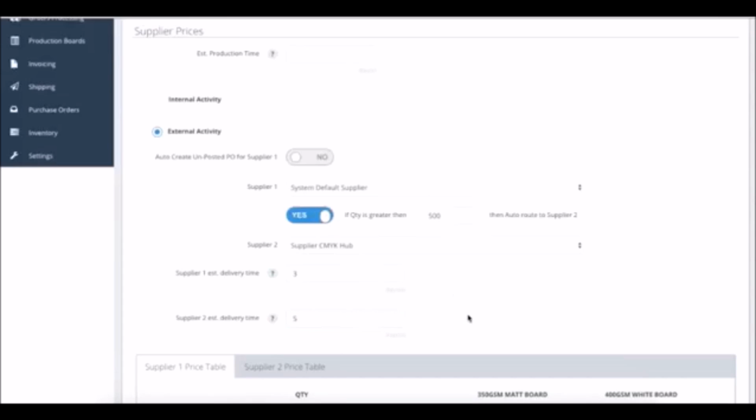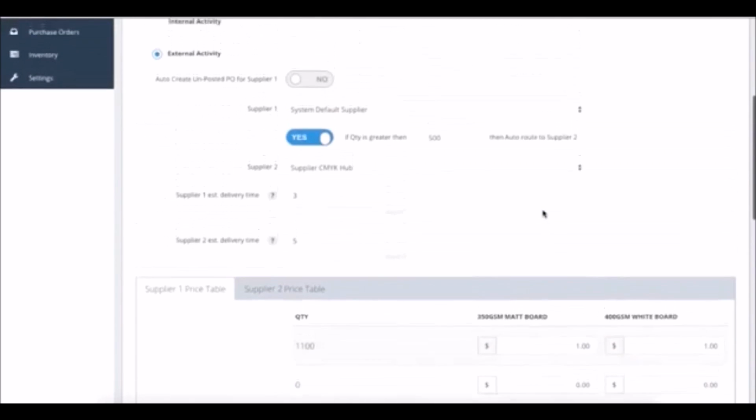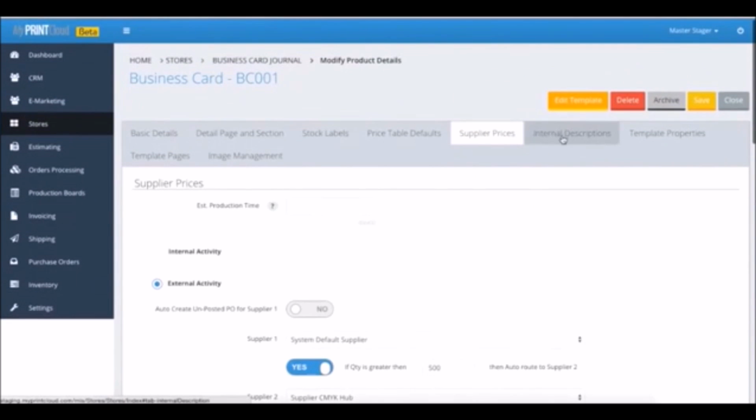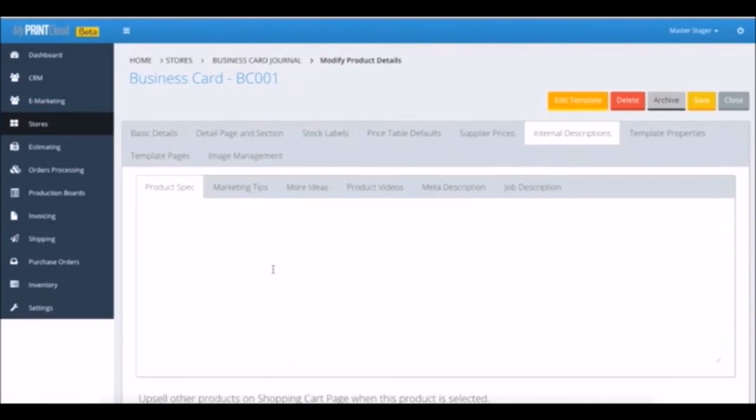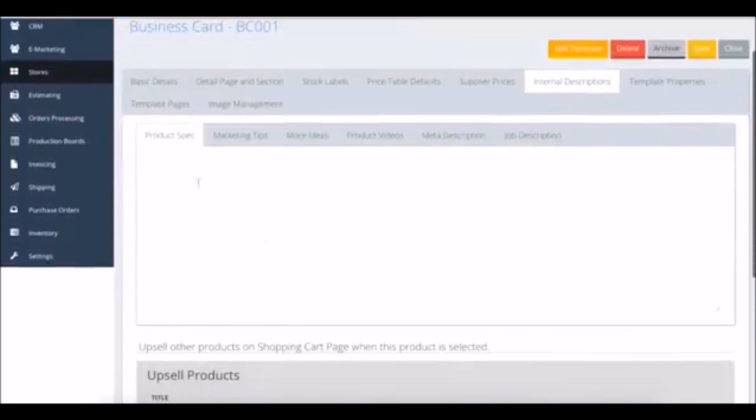Now you can use this activity as an internal activity. You can set yourself as a default supplier and your offset supplier as the outsourced one, so that you'll get the order internally or send it out if it's above that amount. Now when you click over here and you get your supplier price tables, you can put in that same amount here against each of the quantities there. Over and onto internal descriptions, this is basically where you build the